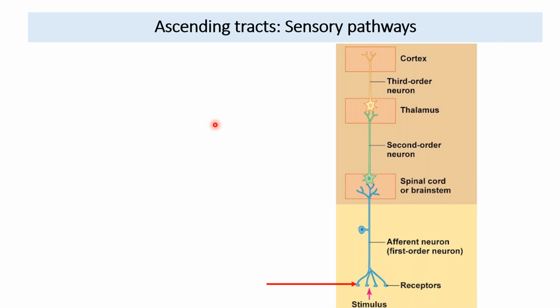First and foremost, what you have to understand is level 1. Level 1 is the receptor, and the receptor is very important. I've shown the types of receptors and the sensation that each will carry. Stimuli go to receptors, and the stimuli in the form of fine touch, crude touch, pressure, vibration, conscious proprioception, and unconscious proprioception are all received at the receptor level. So this is number 1, receptor.